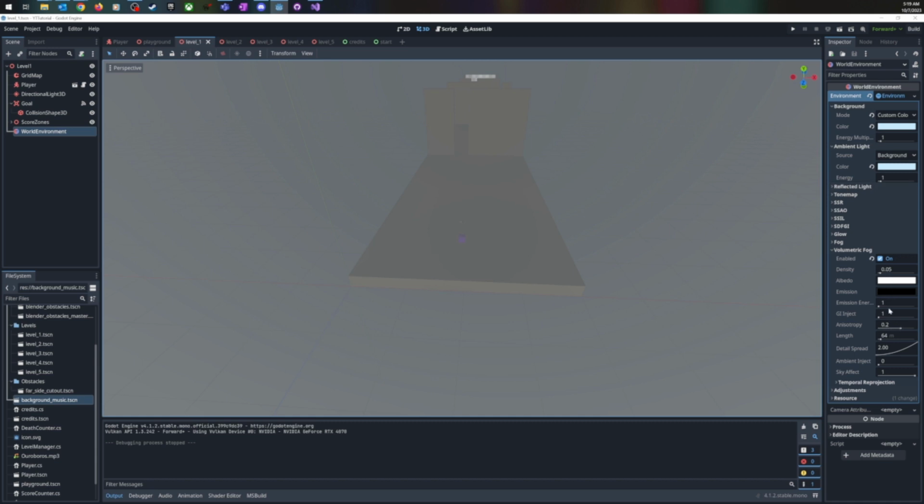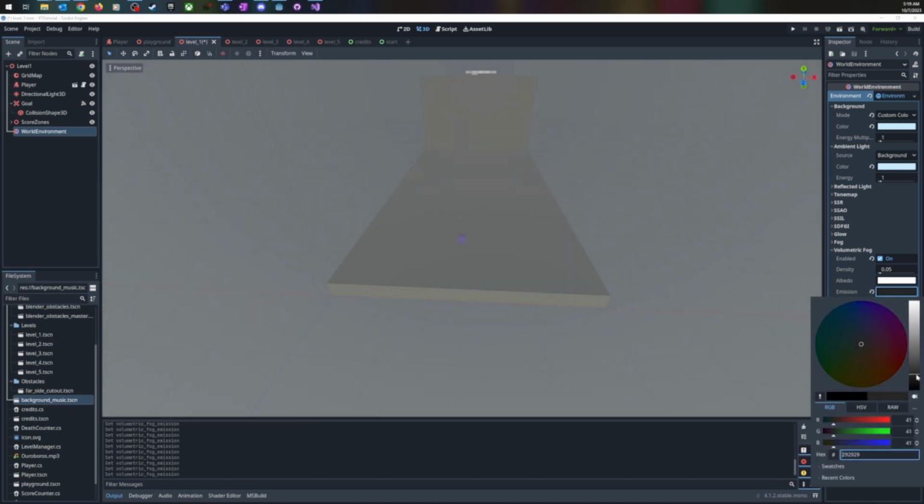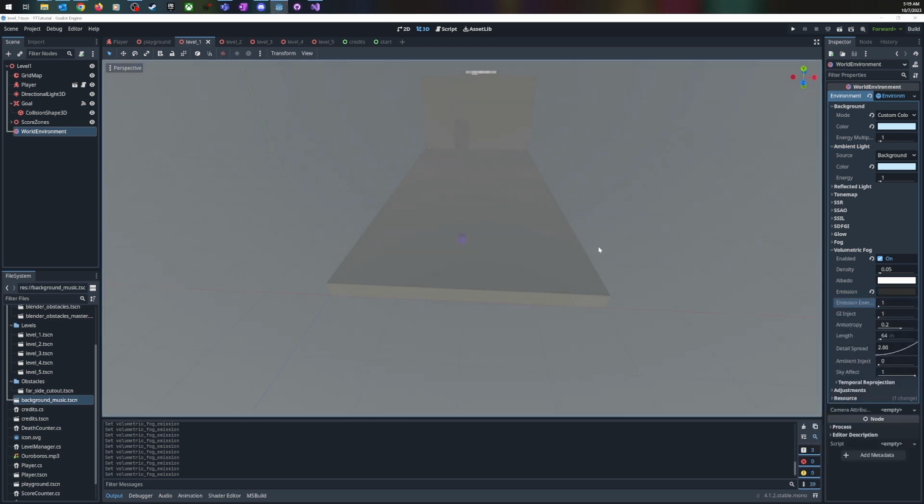So let's go emission energy. Let's do 1, 2, just not quite so dark. And so then if we play,